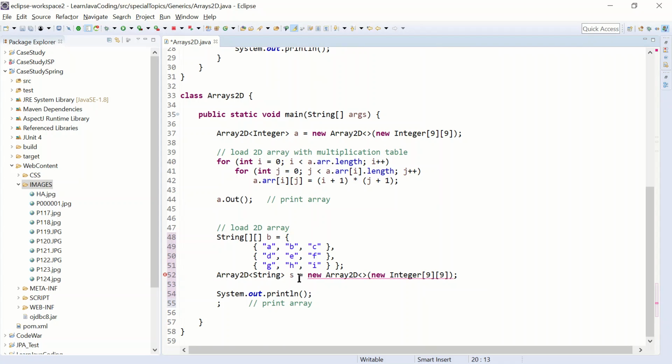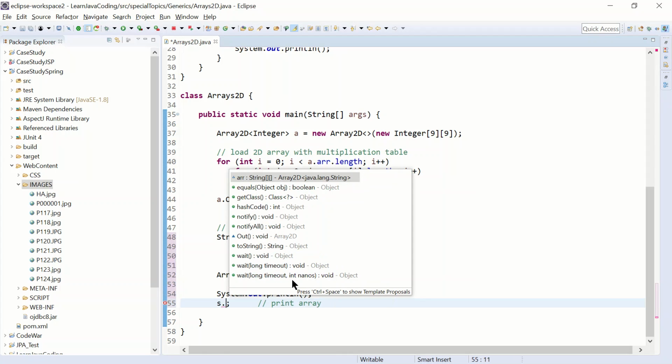So Array2D string s is equal to new Array2D. This is same as saying string here, but you don't need to retype it twice. And instead of new integer 99 here, I have my string array. I'm just gonna pass in the name of the two-dimensional string array, and in this case the name is b. Okay, so now I can go and print it out. So I can say s dot the method name, which is out,